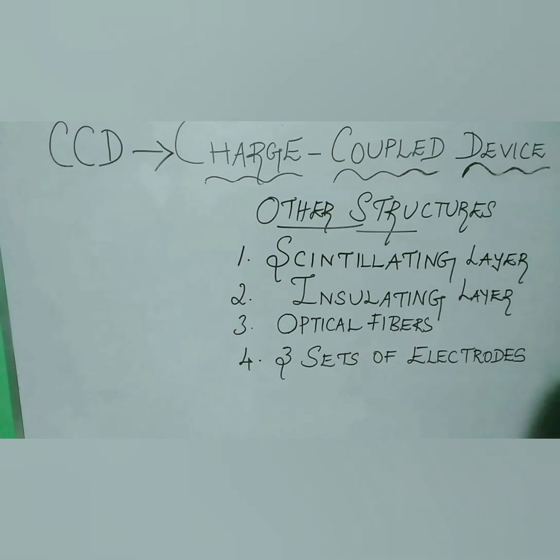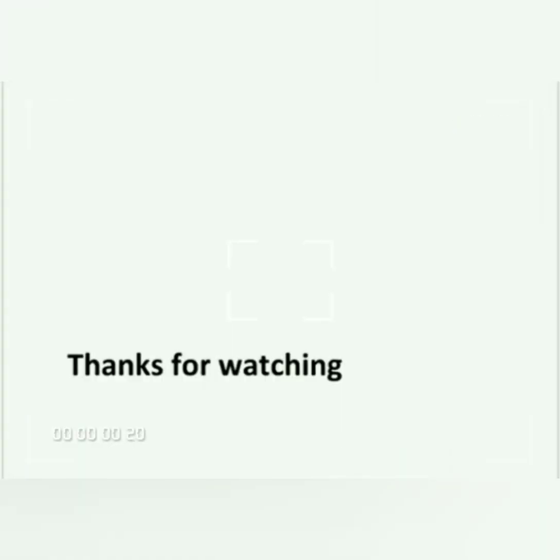What do you mean by parasitic capacitance? It is an unavoidable or unwanted capacitance that develops between the electrical components because of the proximity of these components with each other. Thereby, this insulating layer improves the device performance. Optical fibers are also added to the silicon surface to improve resolution. CCD assembly also comprises 3 sets of electrodes. First set of electrodes are for charge packet creation. The 2 sets of electrodes are for moving charge packets out of the CCD.